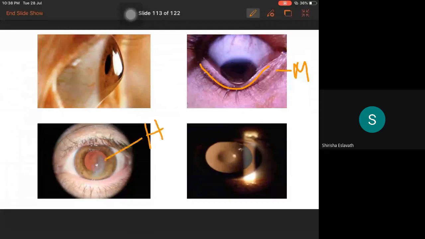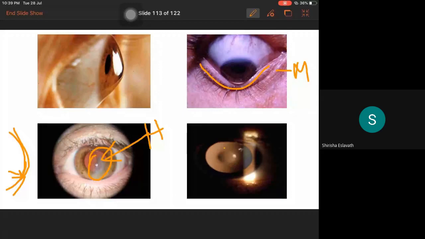What is hydrops? Whenever there is a thinning of the cornea, when the cornea becomes thin, it cannot withstand the normal intraocular pressure. So the Descemet's membrane will rupture. Because of the rupture of the Descemet's, the cornea will develop corneal edema and the patient will have acute pain. This is known as acute hydrops.